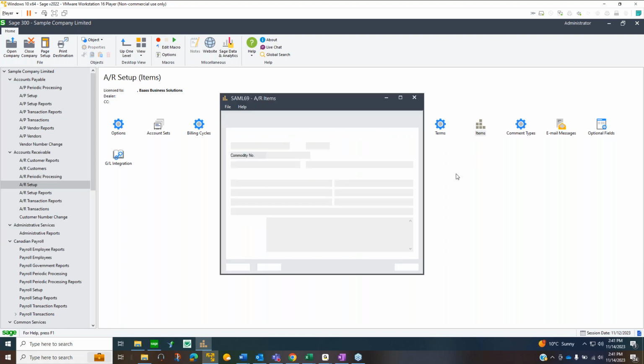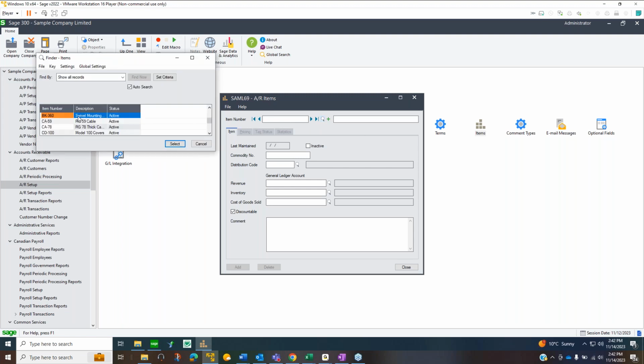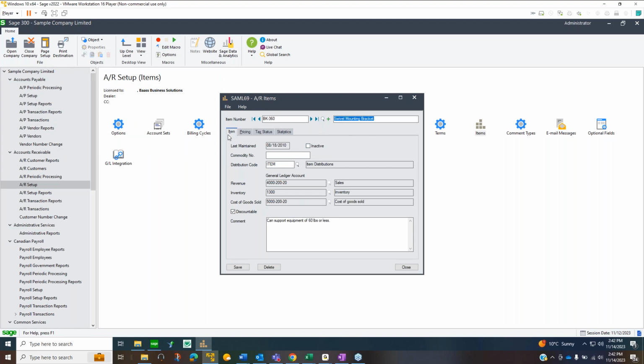Items. So items, you can print invoices by a summary invoice or an itemized invoice. And it's not a true inventory system. You would have to definitely have that module added on. That would be an extra fee for that inventory. But here you can sell items by setting them up here. So you would basically have the item, the general ledger accounts that are associated with it, any comments,